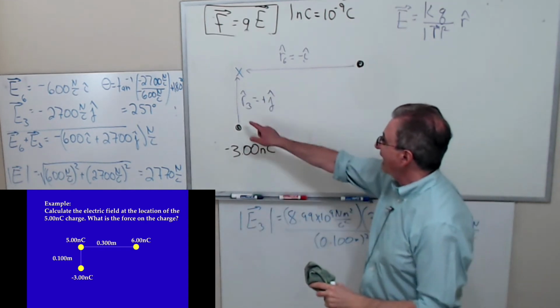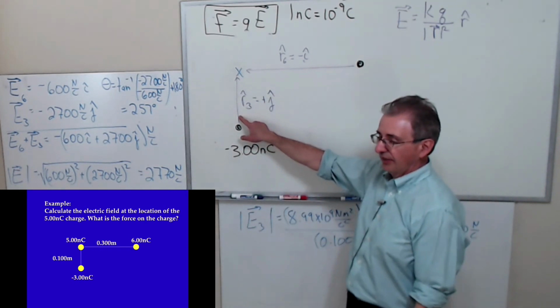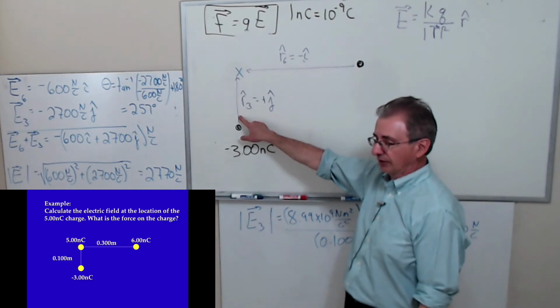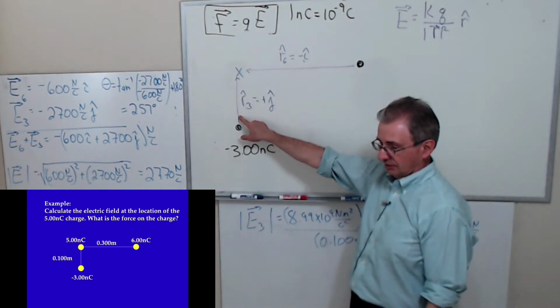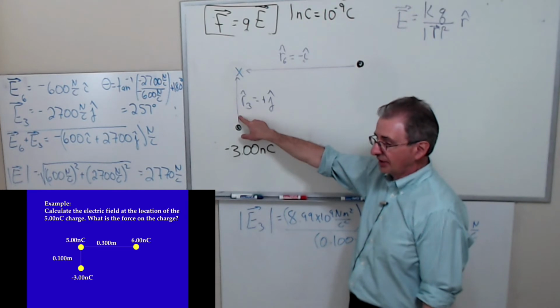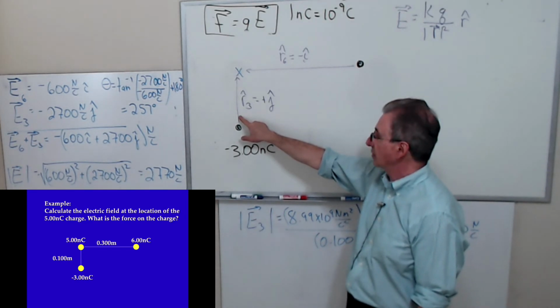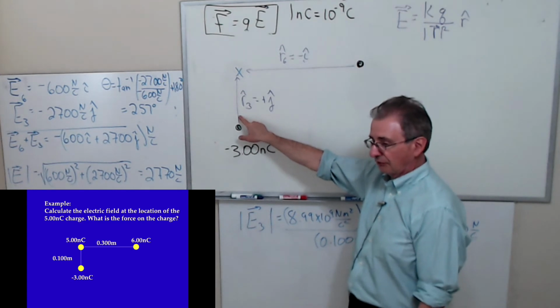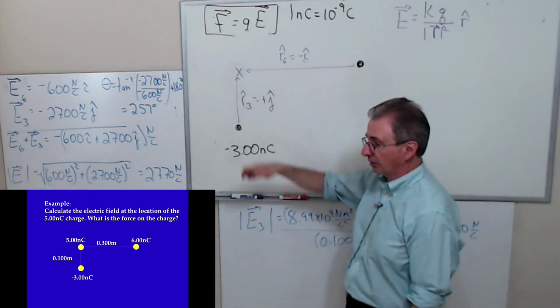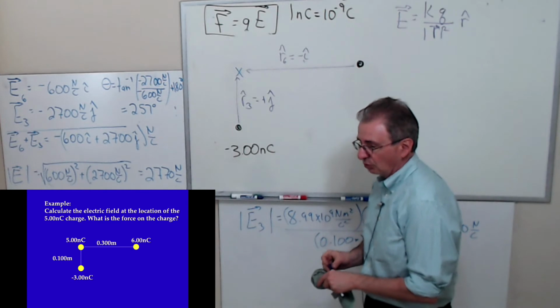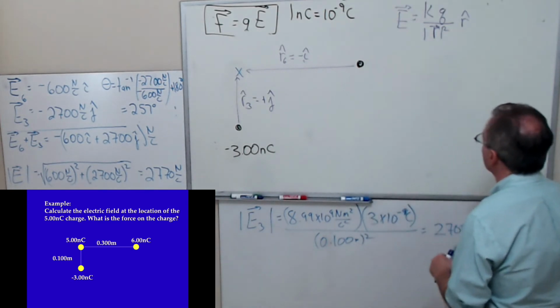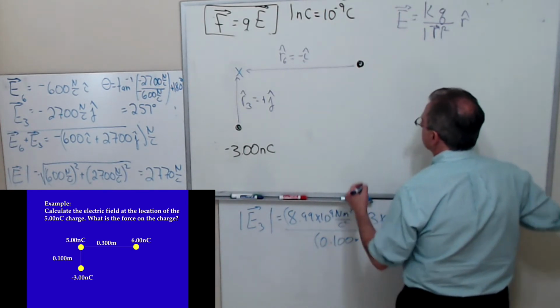Notice, this is not the direction of the field. This is the direction of the unit vector. Okay, I'll say that again. This is not the direction of the field. This is the direction of the unit vector. Notice that it points up here, even though the y component of the field points down. But don't worry about it because that's going to work out okay, because when I do the calculation,